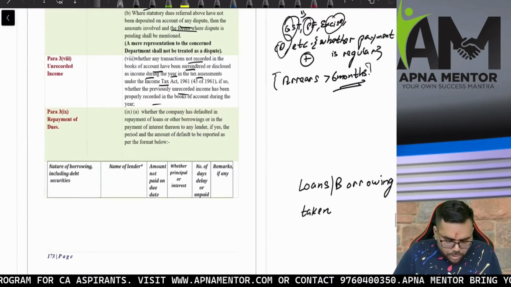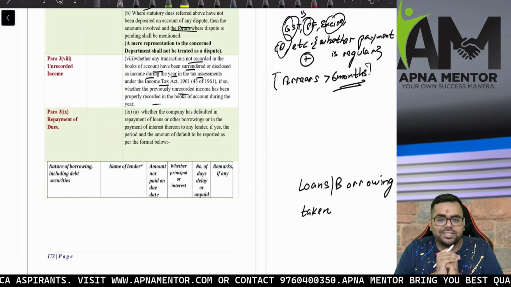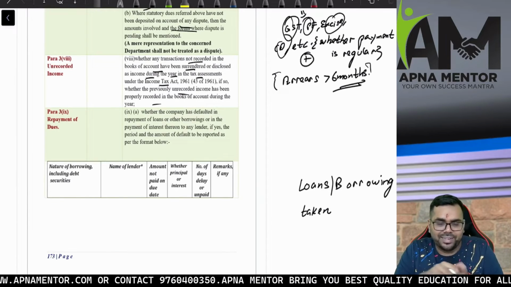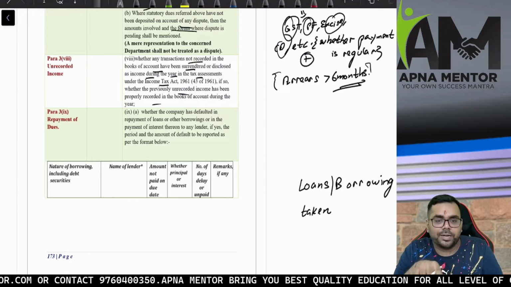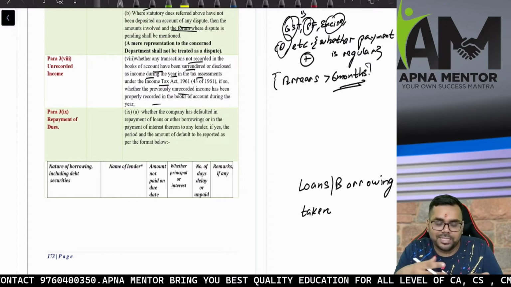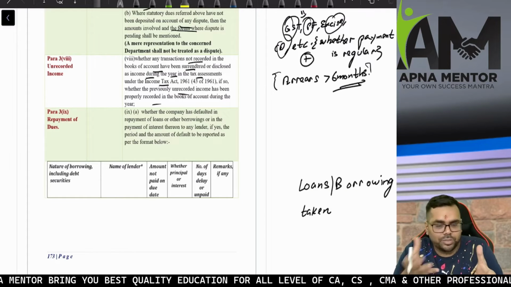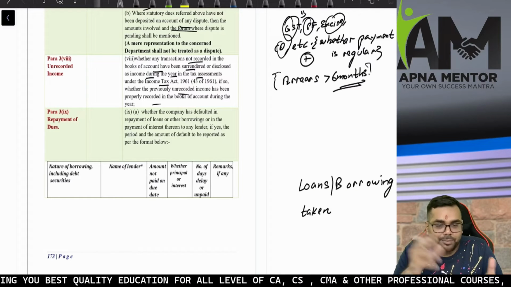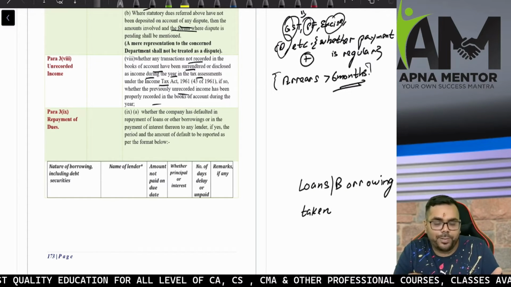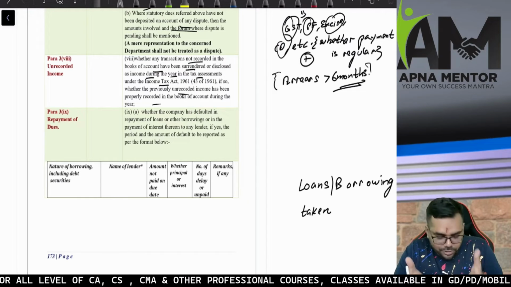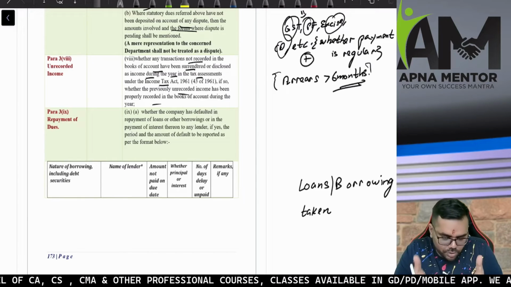Clause number 8 talks about unrecorded income. Basically, sometimes what happens is that entities do not record income in the books of accounts. But later on, before the income tax department, they surrender, because the government has brought a scheme that you surrender now and we will not charge any penalty or something like that. So the entity feels that if the department catches me, I will have to pay a heavy penalty, but if I surrender now, I don't have to pay any penalty. So if there are certain kinds of unrecorded incomes, as an auditor, I have to report.